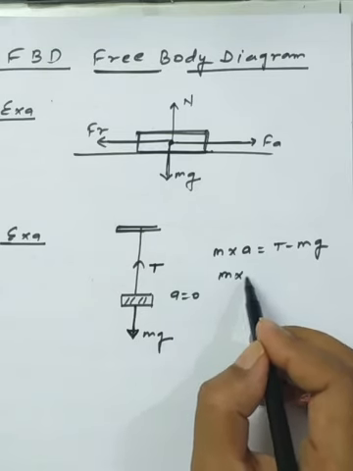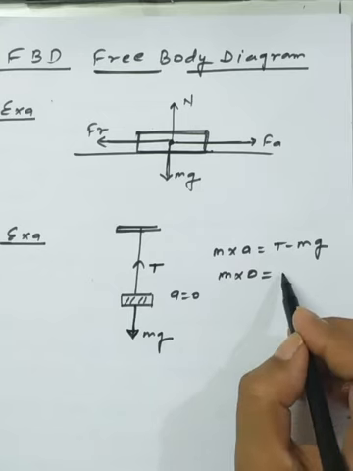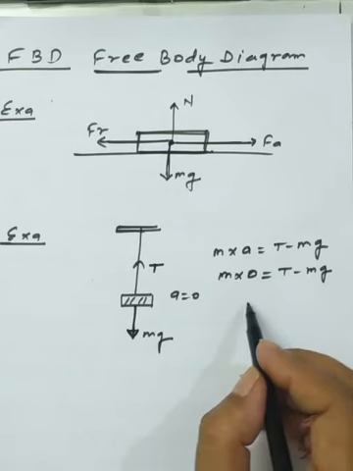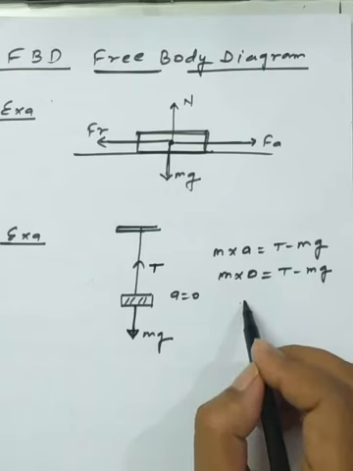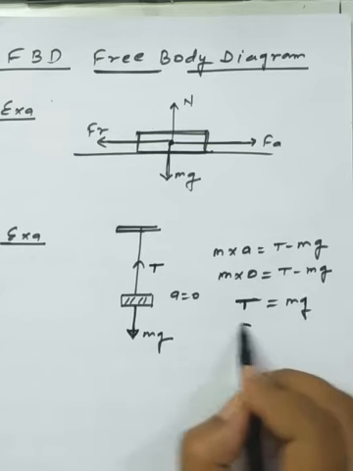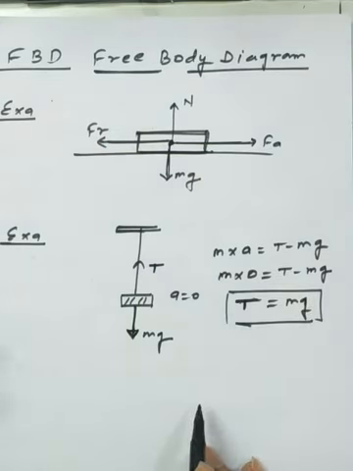okay, so it is a part of static equilibrium, so the net acceleration of the system will be zero, and we can write that T minus mg is equal to 0. So easily I can resolve the forces: T is equal to mg. So here I am representing the FBD as well as the second law of motion.